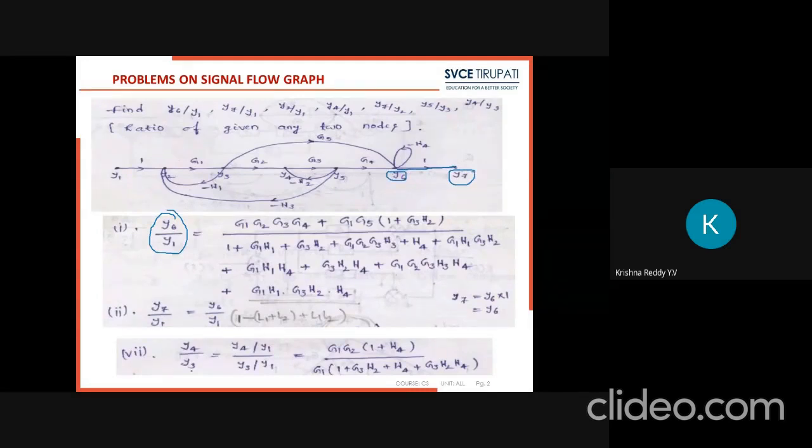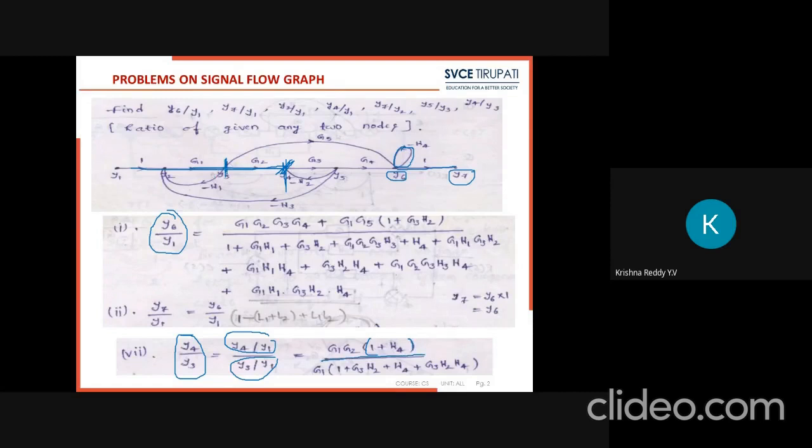Suppose you need to calculate the ratio between two nodes, y4 divided by y3. First of all, we need to calculate y4 divided by y1. After that, we need to calculate y3 divided by y1. Up to y4, how many forward paths? We have only one forward path. For this forward path, this loop does not touch. Then it is G1 G2 into 1 plus H4 divided by